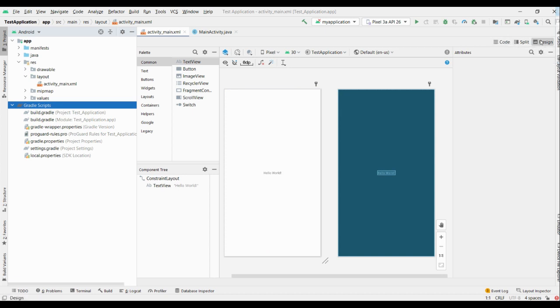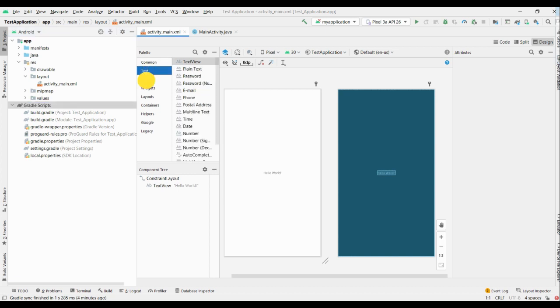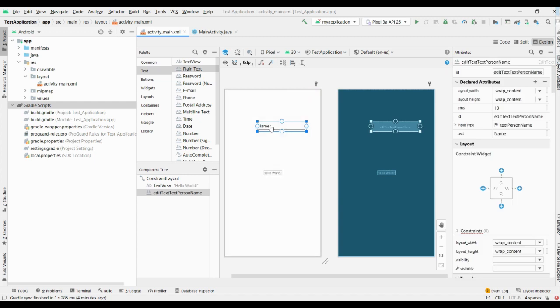So I'll come to this later. So now we'll jump into palette. So if you see here, these are all what we are seeing: common, text, buttons. These are all the UI components. So this is very simple, guys. So you can drag and drop what you need actually. Suppose I'll go to text component. I need a text view or plain text. I'll just go and drop. So I'll get the text view. That's it. So you no need to write the code to get this text view or plain text.